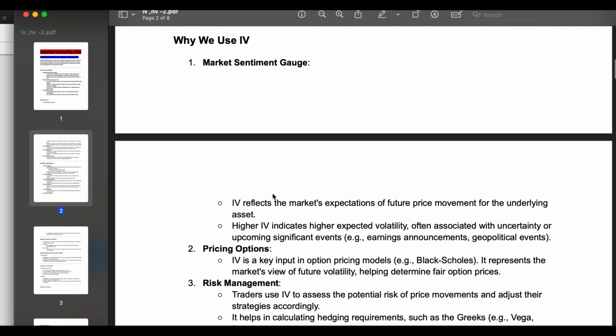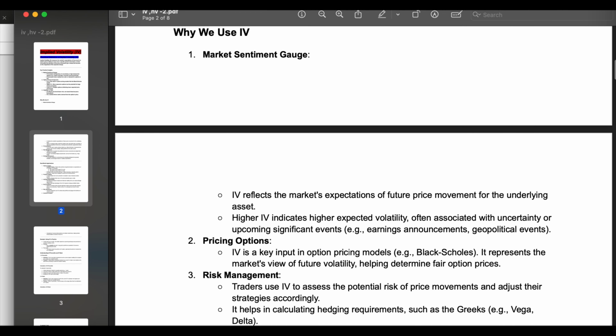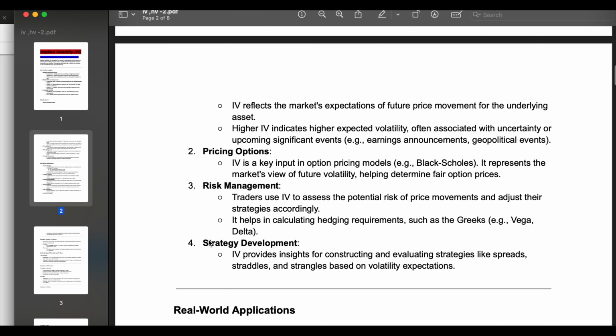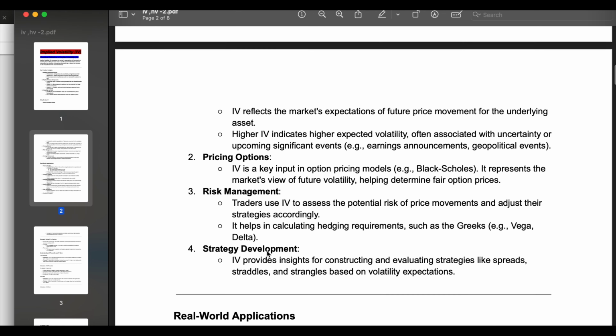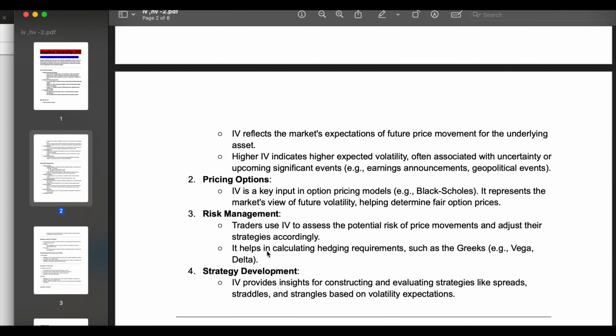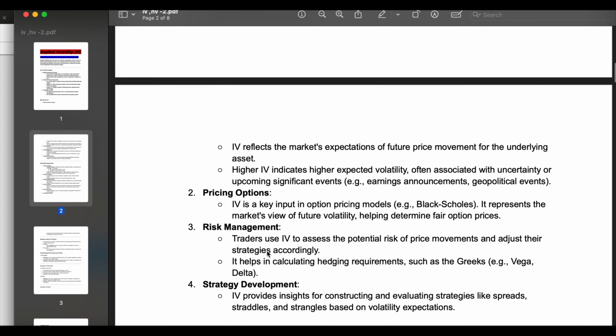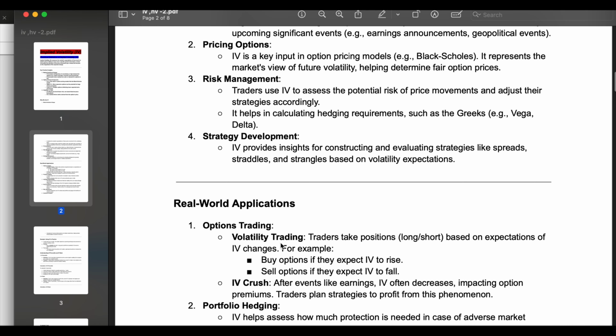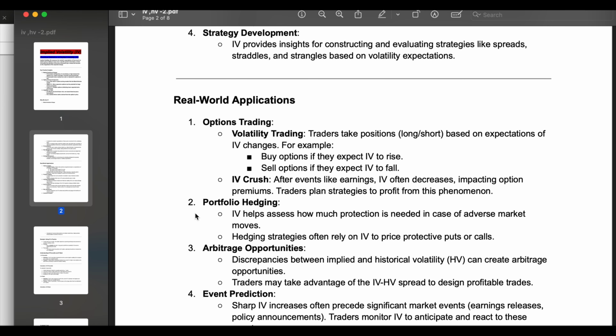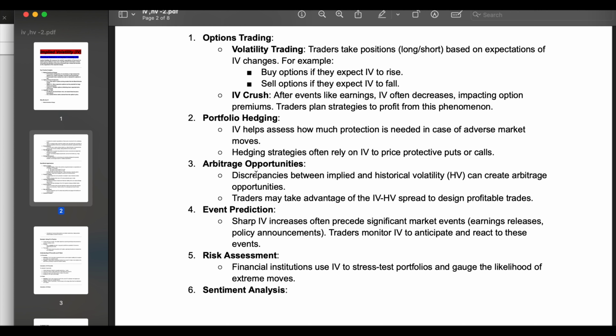Okay. So why do we use IV? Pricing option, risk management, strategy development. These are the cases. Real world application: option trading. When you do option trading, you have to know: low IV, low option price; high IV, high option price. When you have to hedge your portfolio, IV will support a lot of arbitrage opportunity,